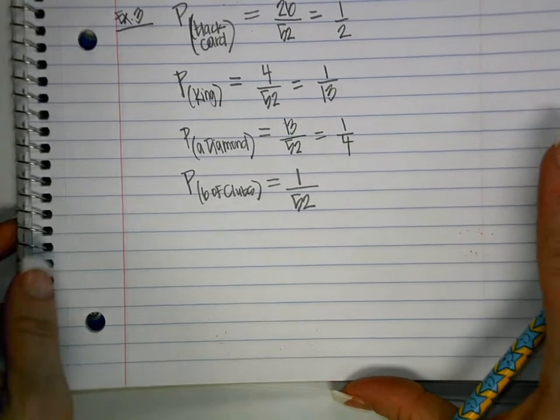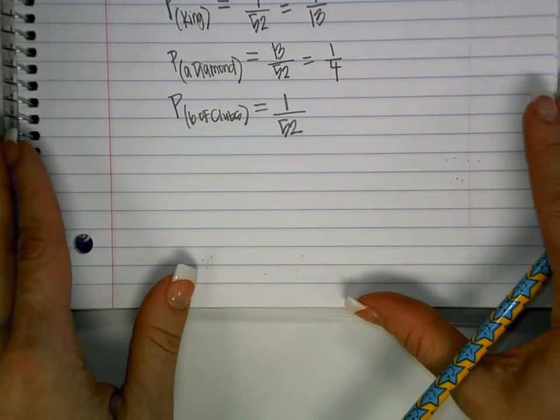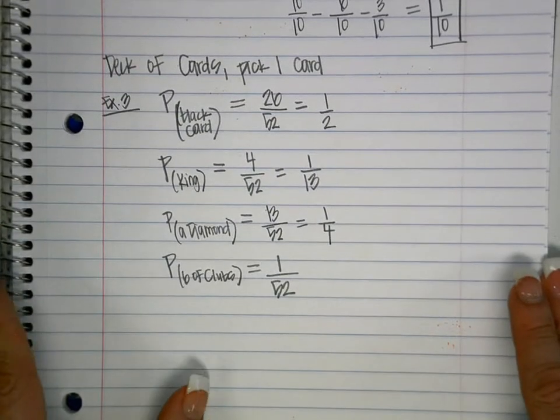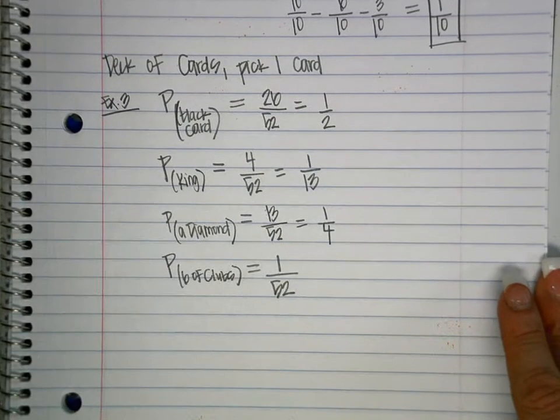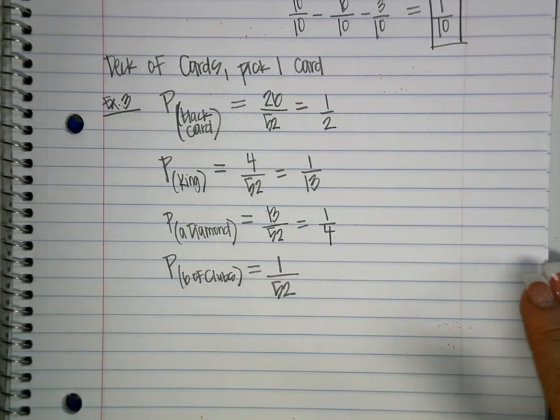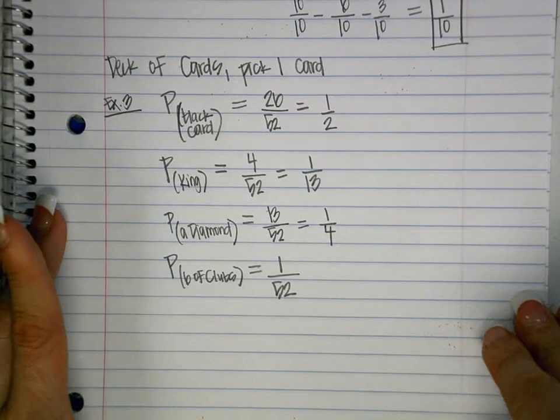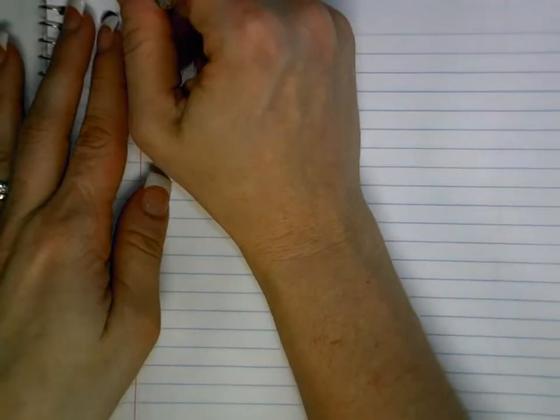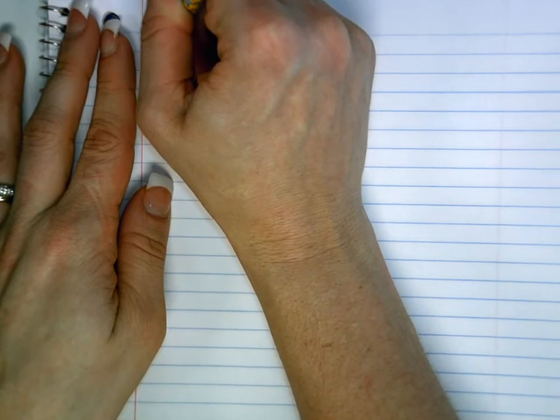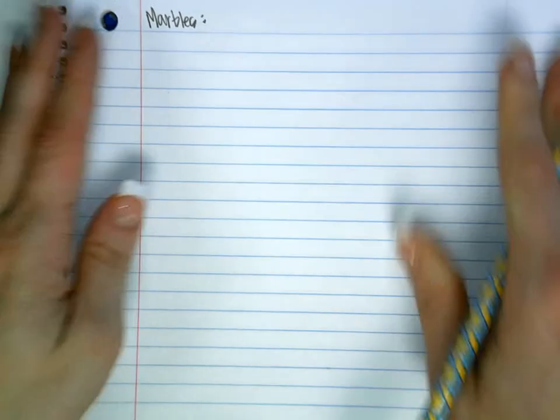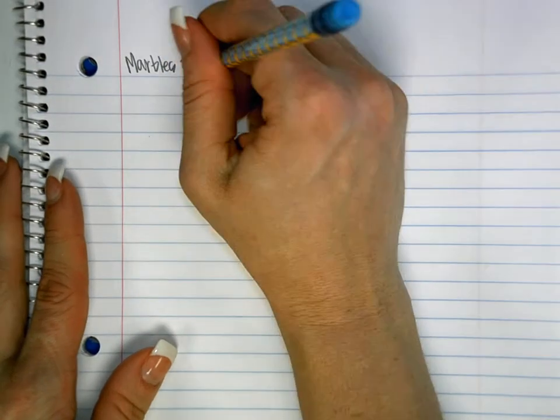Okay. So those are decks of cards. You do need to be a little bit familiar with decks of cards. Next thing we're going to go over are marbles. If we have a bag of marbles, with marbles, if you are given a bag